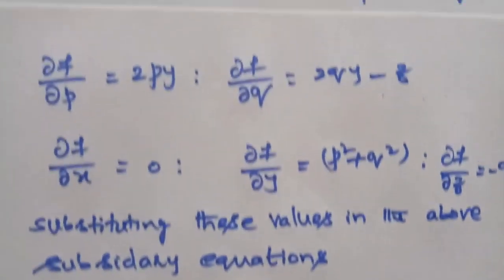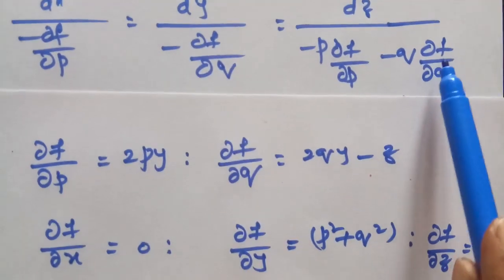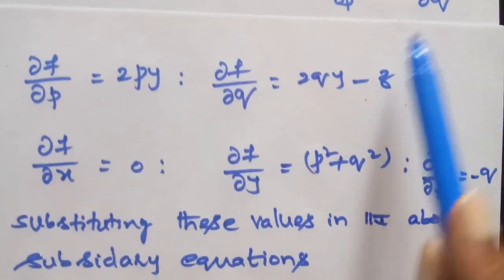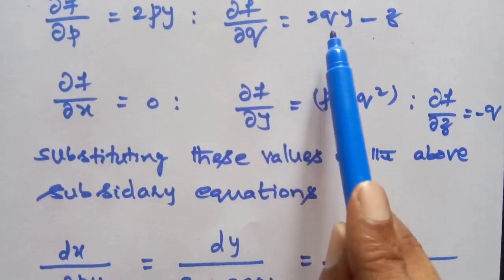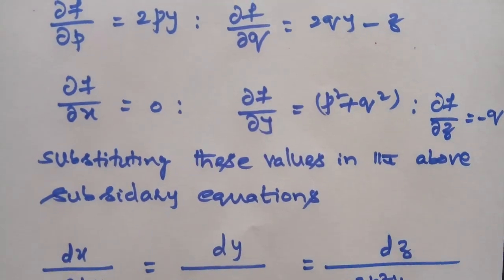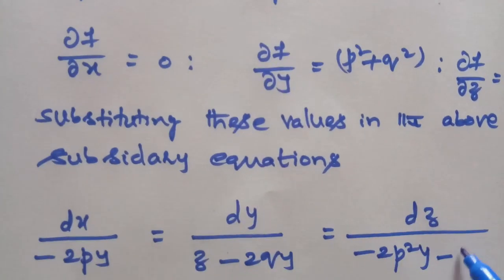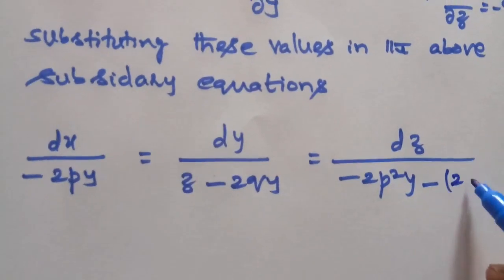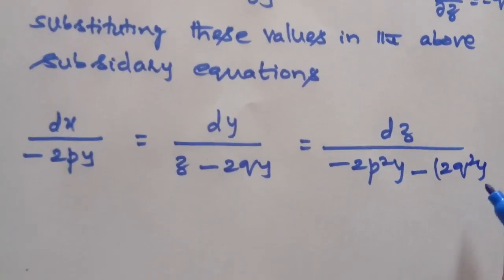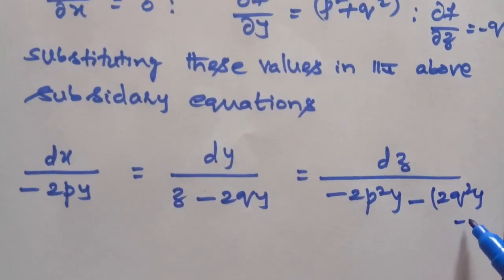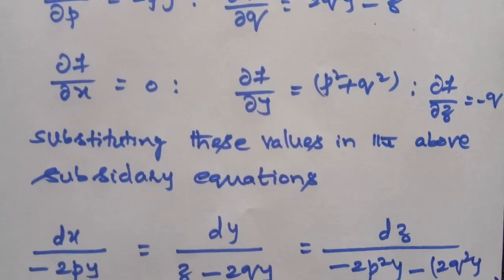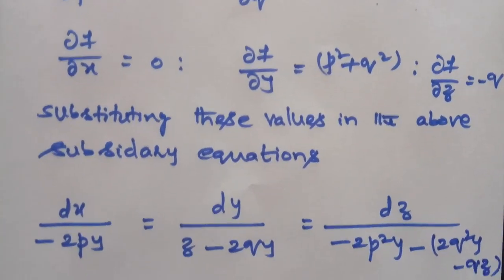Next minus q into dou f by dou q, minus, already we have written, 2q square y, minus q into z is equal to,